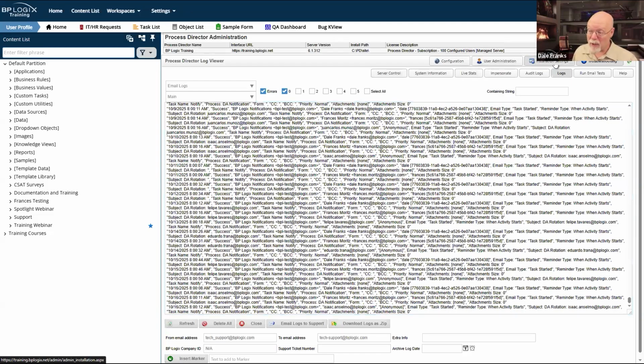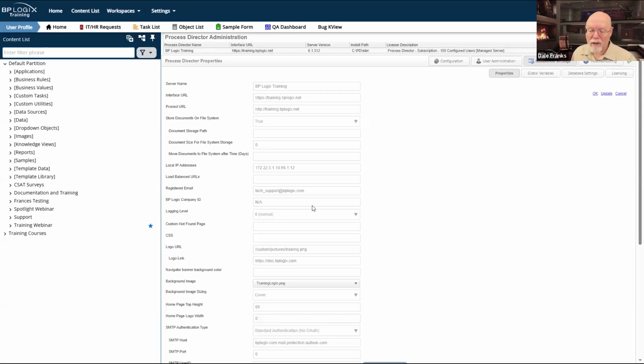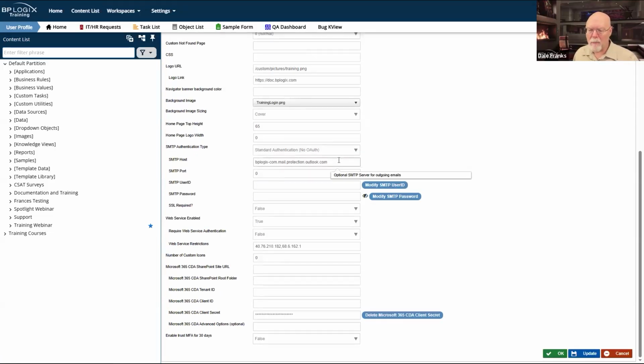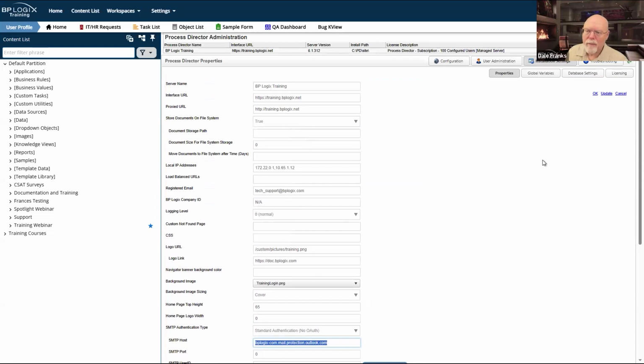Actually, it's probably preferable if you can set up Mail Relay on your mail server to take mail from the Process Director server at 172.22.11.177. It'll make it easier for you to track your own mails.